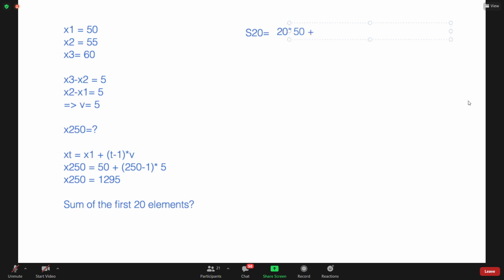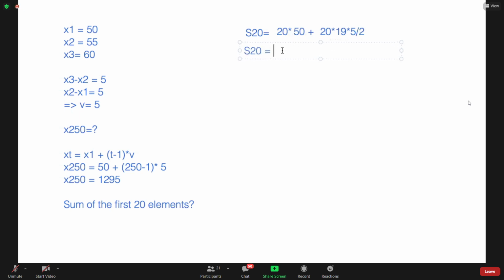Plus, now I have a division. I have n multiplied by n minus 1, so that is 20, multiplied by n minus 1 is 19, multiplied by the constant difference, which is 5, everything divided by 2. So the sum of this arithmetic sequence of the first 20 numbers should be,